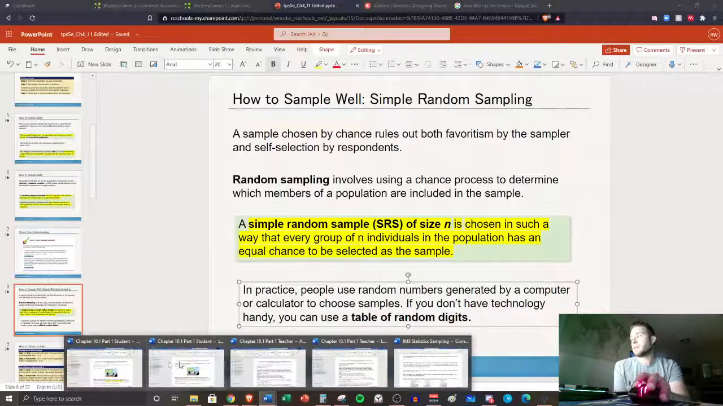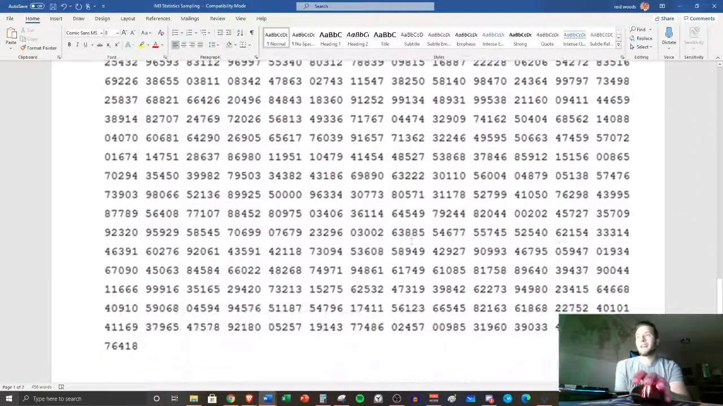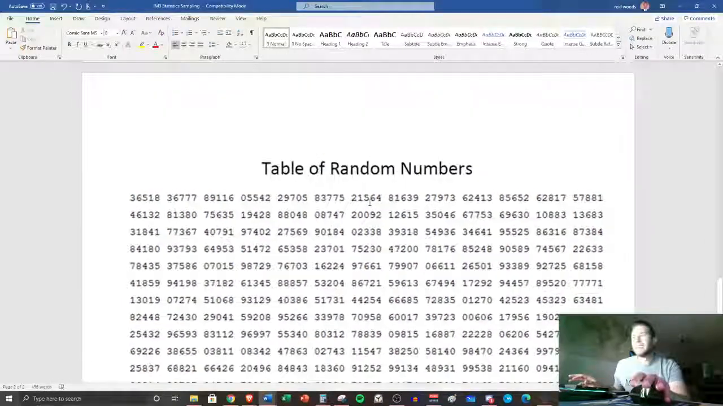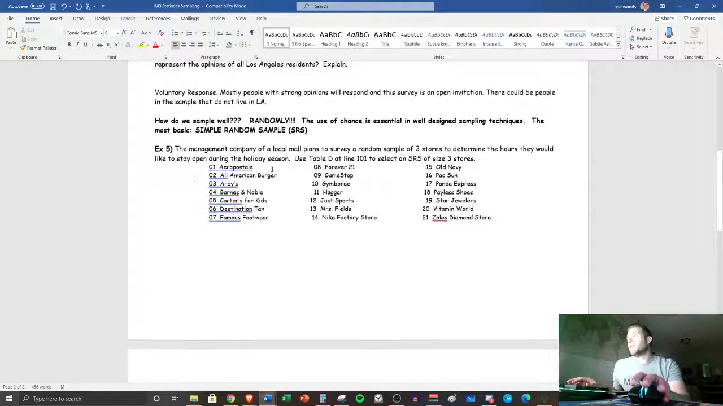So let's pull back up this sheet. And on the back of it, you will notice that here we go. It looks like this big matrix type thing, this table of random digits. Okay, that's what we're looking at. So we need to pick a sample survey here, a sample. The management company of a local mall plans to survey a random sample of, we want 3 stores to determine,